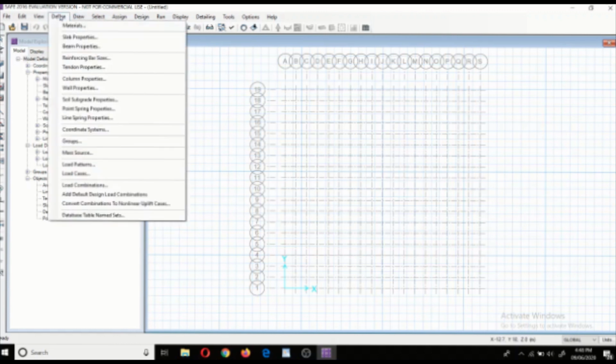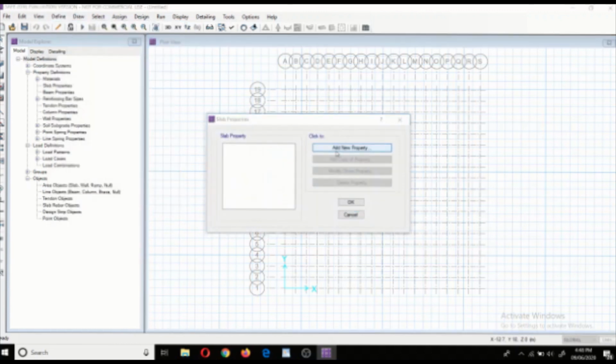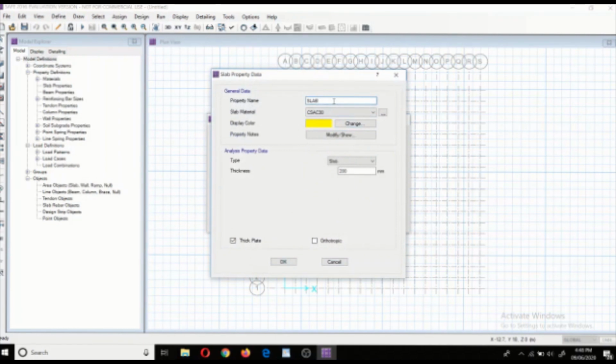After substituting all the values, we have to define slab properties. Go to define, click on slab properties and give thickness as 500 mm.